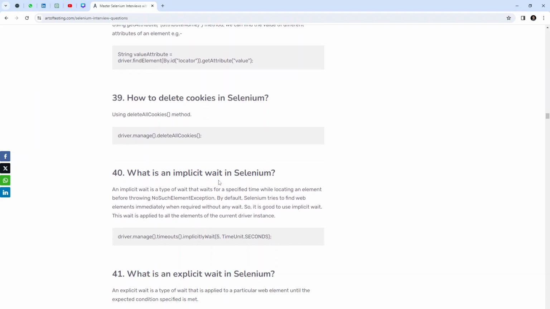What is an implicit wait in Selenium? An implicit wait is a type of wait that waits for a specified time while locating an element before throwing a NoSuchElementException. By default, Selenium tries to find web elements immediately when required without any wait, so it is good to use implicit wait. This wait is applied to all the elements of the current driver instance. driver.manage().timeouts().implicitlyWait(5, TimeUnit.SECONDS);